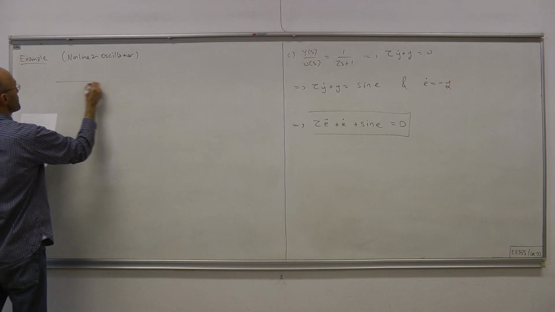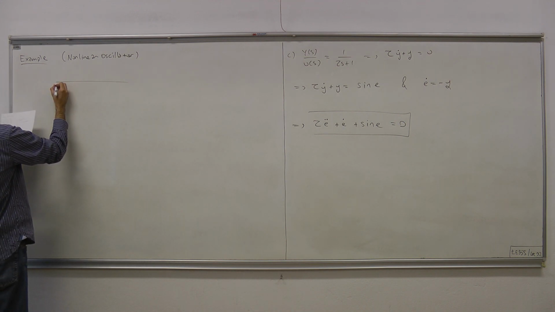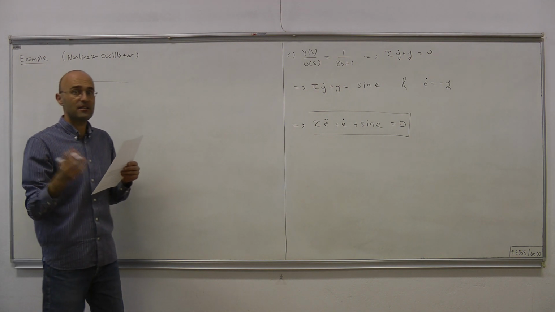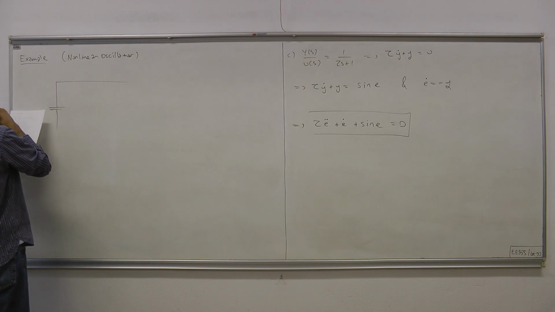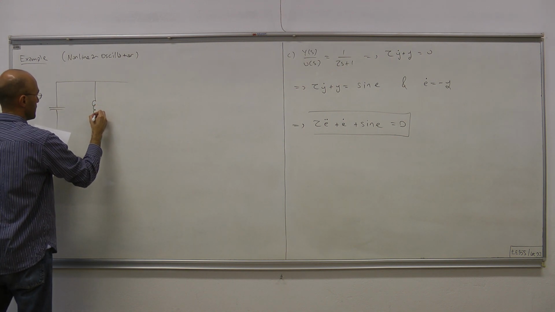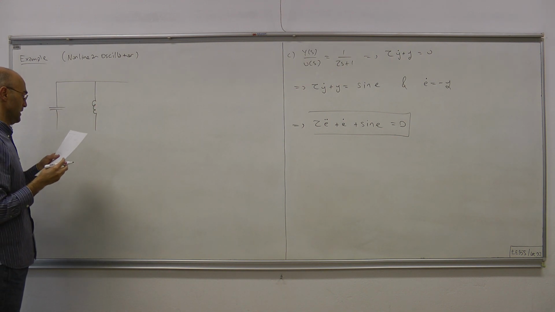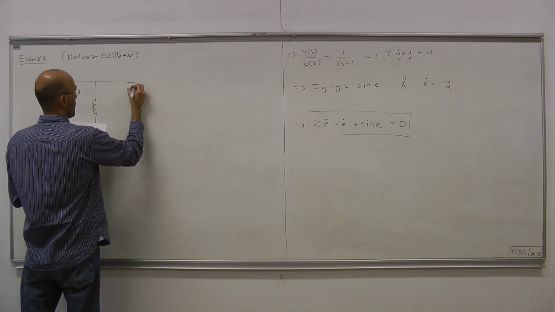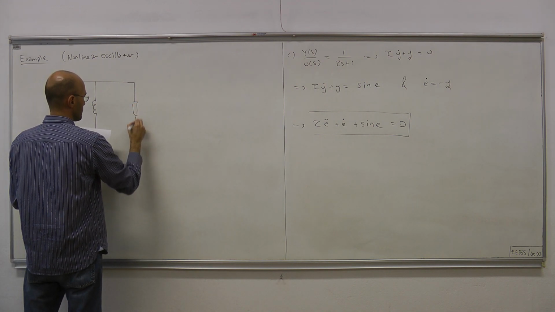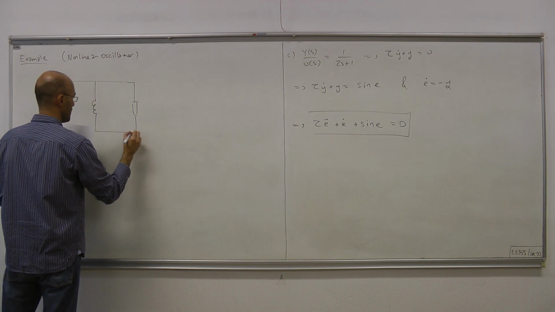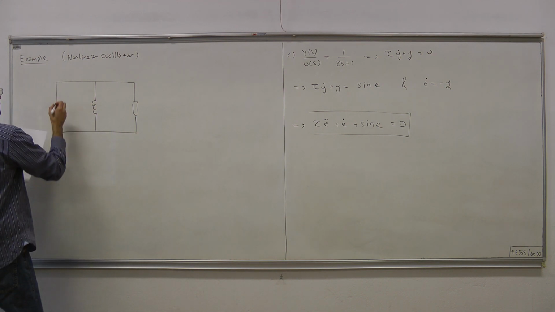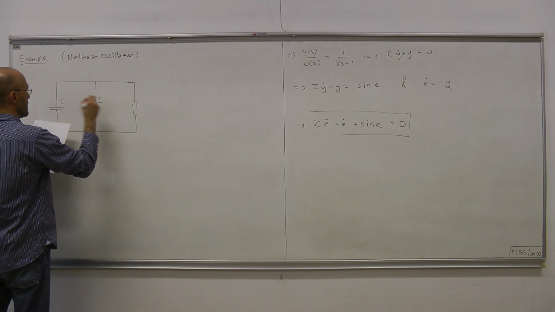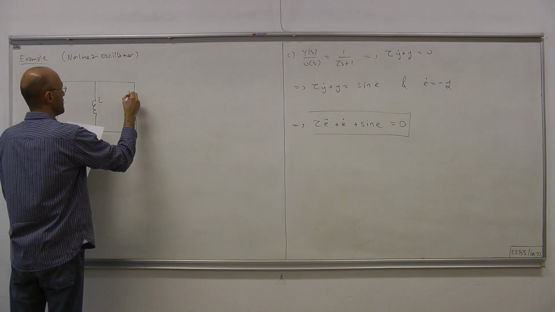Suppose we have this parallel RLC, parallel LC and nonlinear resistor circuit. We have a linear time varying capacitor connected in parallel with a linear time varying inductor, and those two are connected in parallel with a nonlinear active component. C denotes the capacitance, L the inductance, and